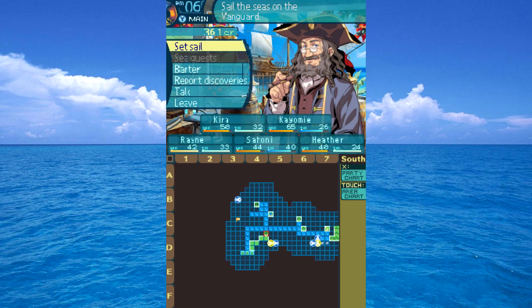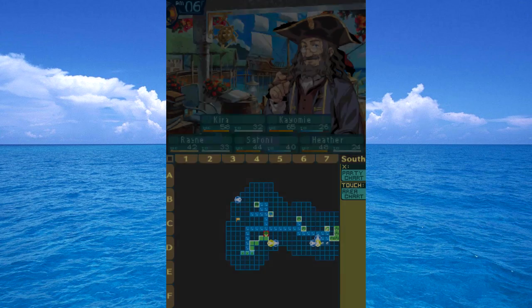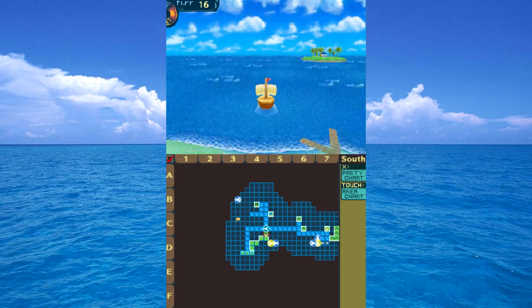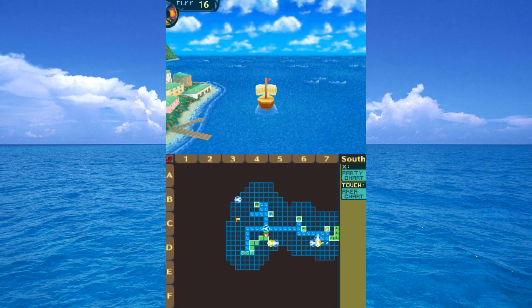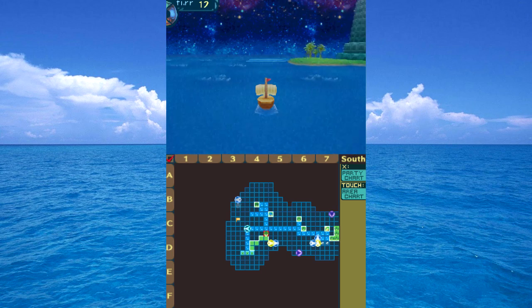I think we want to go to the lighthouse now, actually. So we need to equip a 16-turn food, which we have, and set sail. Now, we're actually going to get to the lighthouse. We're going to finish this first mission, and then there's some optional things we're going to do after the fact. But we're going to do this first. To do this, 1, 2, 3, 4,